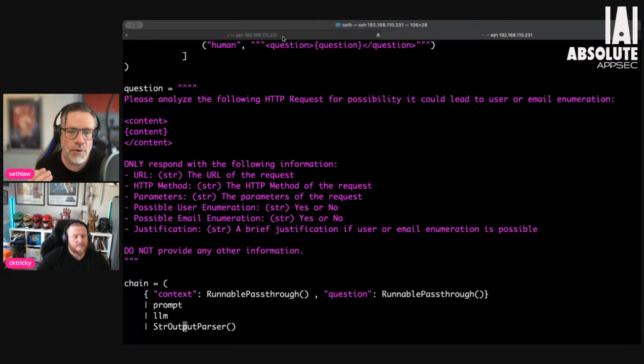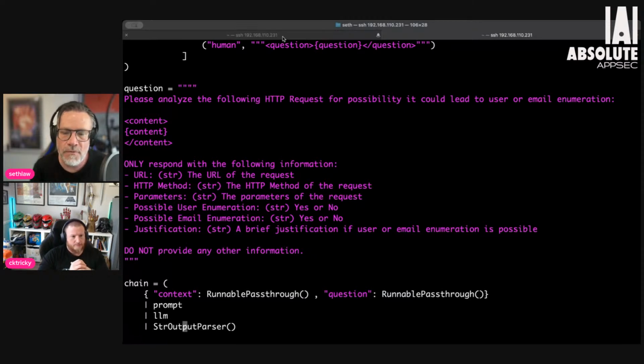This is exactly the sort of content that I would be expecting from one of my testers, right? Hey, if I look at this list, where is it that I need to go next? What is it that could be interesting to me from an enumeration perspective? And now all I have to do is build out, using agentic AI, a tool to actually run this test against those different endpoints.